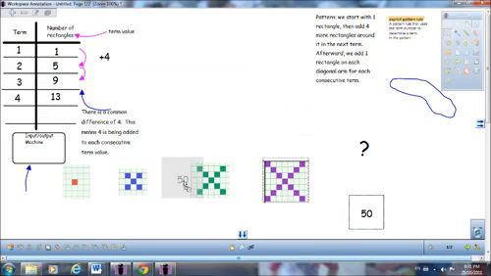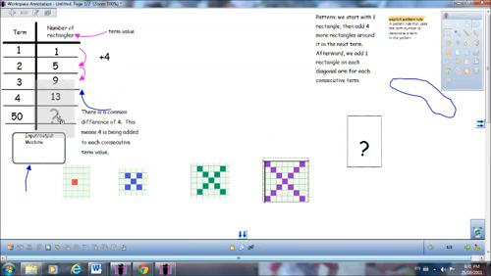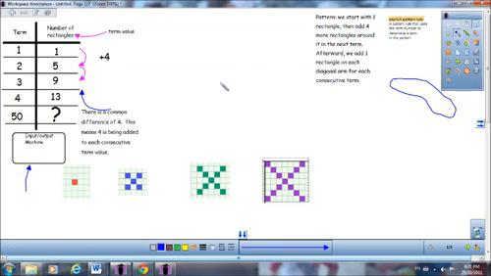Now the hard part though is, for the 50th term, how do we find out how many rectangles that will be? We could draw it, it would take us forever. Or we can use something called an explicit pattern rule. If you want to visualize what an explicit pattern rule is all about, think of this input-output machine below. Basically, if I take my term and plug my term into the input-output machine,